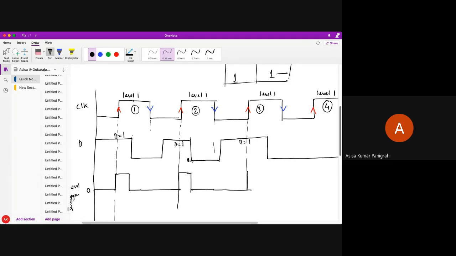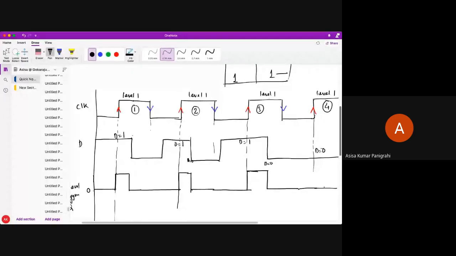D equal to 1 means it is just going to change up to here, because there is level 1 and there is a change, D equal to 0. So this will continue up to here, and this will become Q(n+1) is 0, and it will continue up to the next level 1. In this level 1, it will check what is my D, equal to 0, so it will keep on continuing.